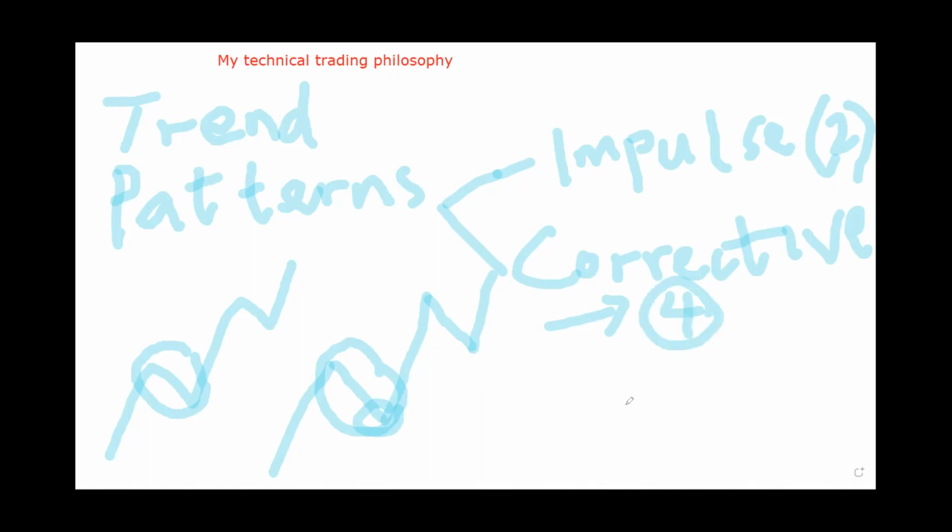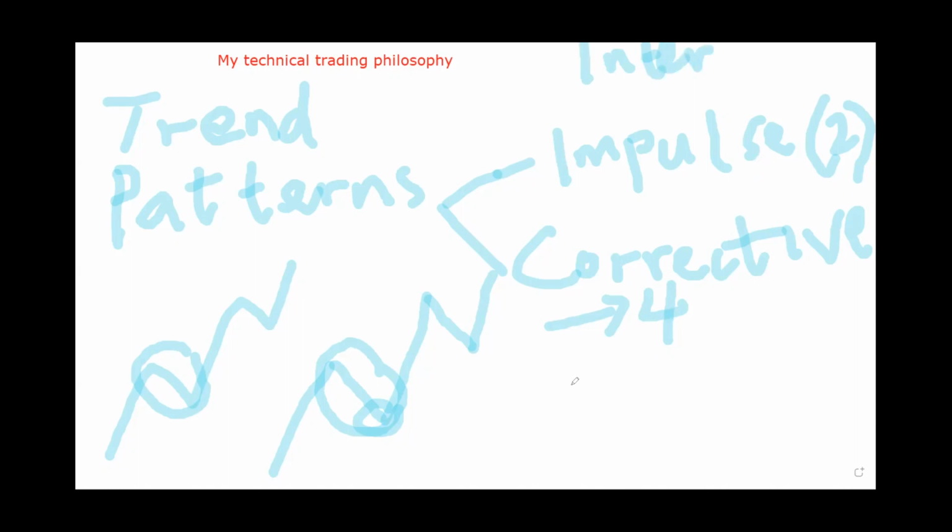Which now means that once I see an impulse, I can use the way I define my impulse moves to know whether it is an impulse. Then I wait for correction. When I see a correction, I trade a corrective pattern, and then I buy the next impulse in this bullish trend. Wait for correction and buy the next impulse. But the majority of what I've said so far here, we're going to be taught in the intermediate class. But for the beginners class,